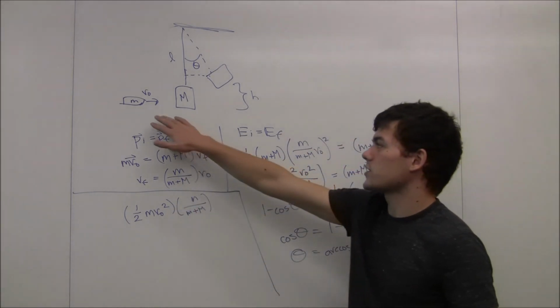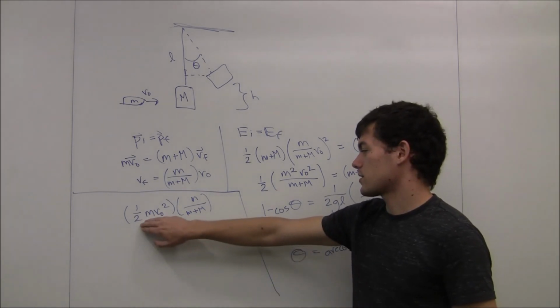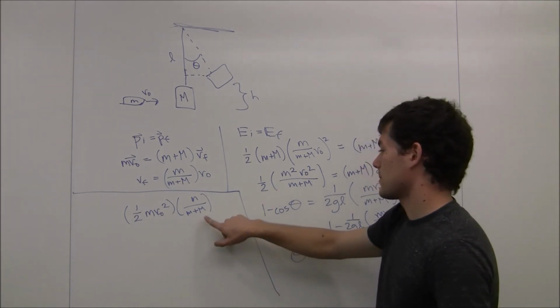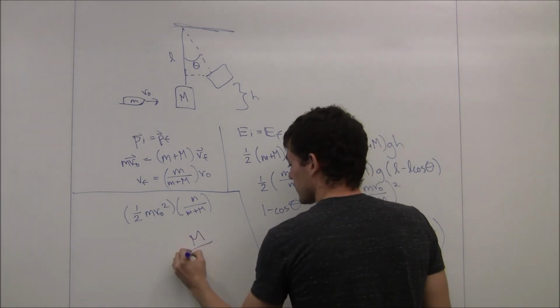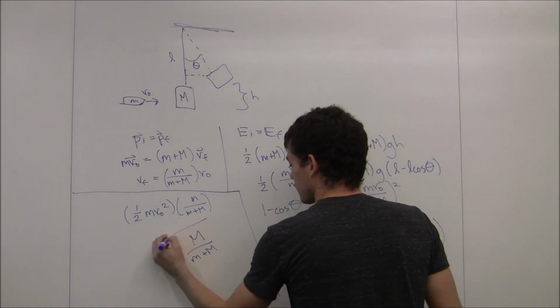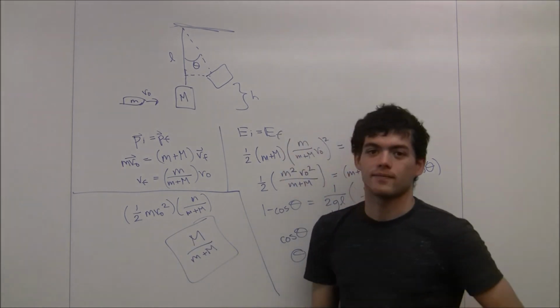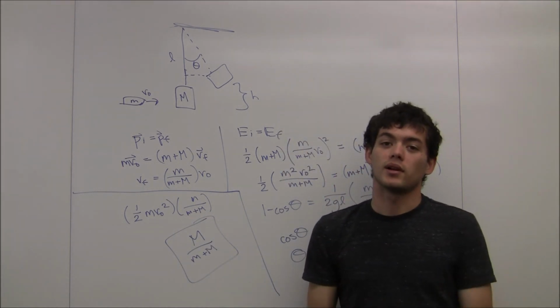Now we know that the initial kinetic energy of the bullet is just this term right here. And so the amount that's lost is just big M over (little m plus big M). And so this is the fraction of the initial kinetic energy that's lost to heat when the bullet lodges in the